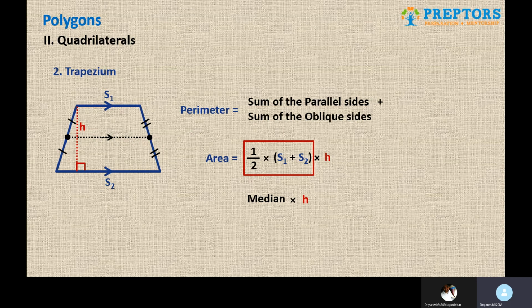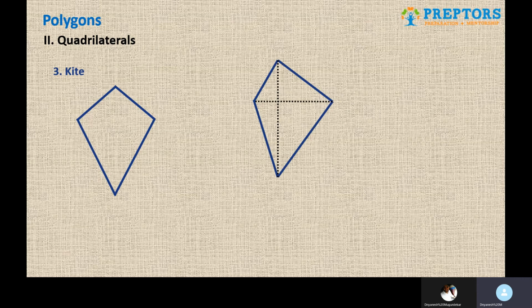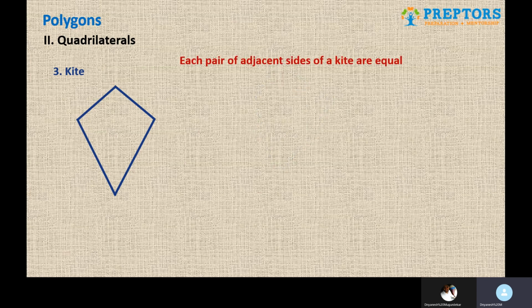So this was the second classification of quadrilateral, which is the trapezium: one pair of opposite sides is parallel. The third and last one: no pair of opposite sides is parallel. You get a kite or a generic quadrilateral. Obviously, any random quadrilateral cannot be a kite. There has to be some criteria, that the adjacent sides have to be equal. So the right one is not the kite, the left one is the kite. Why? Because each pair of adjacent sides are equal.